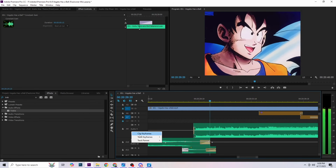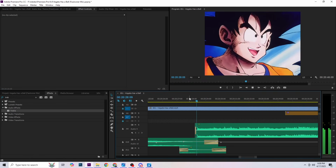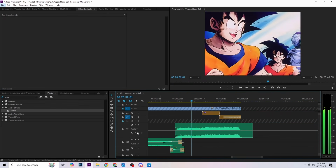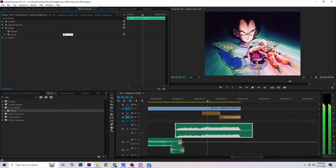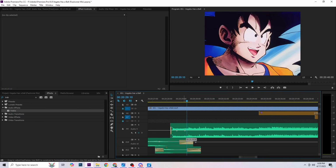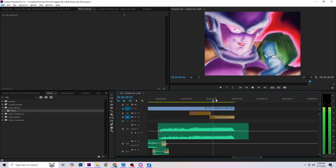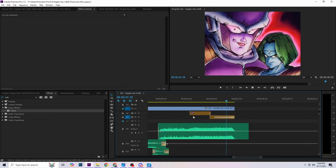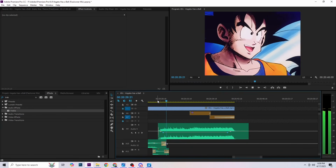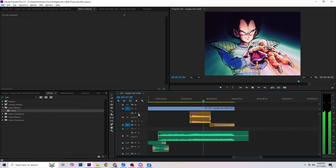Goku is certainly relieved to learn of his friend's safe arrival on King Kai. Goku is certainly relieved to learn of his friend's safe arrival on King Kai's planet. However, still more of his friends are in danger on planet Namek. Goku is certainly relieved to learn of his friend's safe arrival on King Kai. Certainly relieved to learn, however, still more of his friends are in danger on planet Namek. Can they escape the watchful eyes of Vegeta and Frieza? Don't miss the next Dragon Ball Z. Ball Z. Z. Goku is certainly relieved to learn of his friend's safe arrival on King Kai's planet. However, still more of his friends are in danger on planet Namek. Can they escape the...